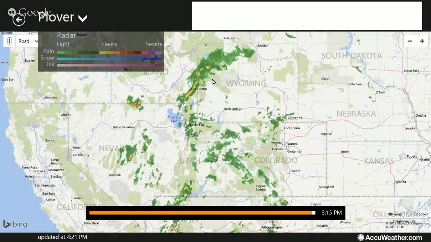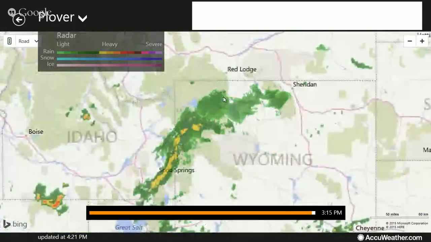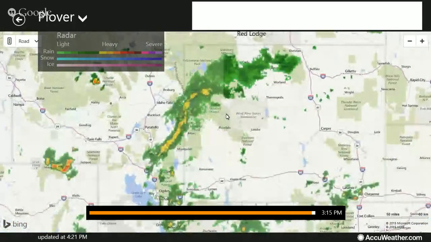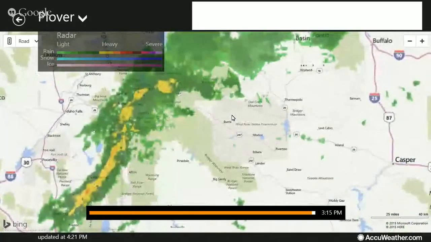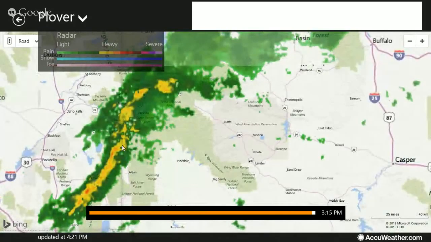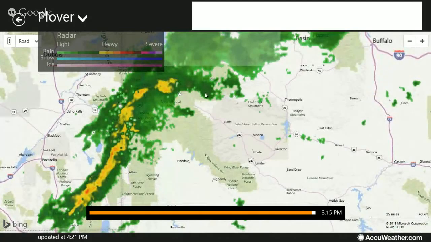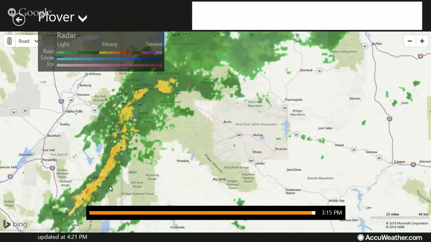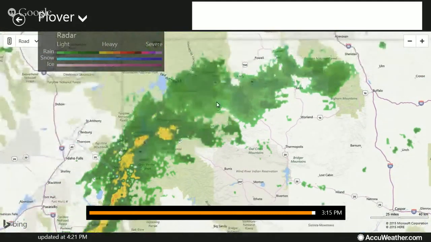Okay, the big issue right here is this. I'm gonna zoom in. In fact, I'm gonna zoom in on this. Give it one little bit. There we go. Okay, so this is the big issue. We are gonna monitor the storm right here. There's still less heavy rain on this side though. This is even worse. If you are in this area of Wyoming, you take shelter